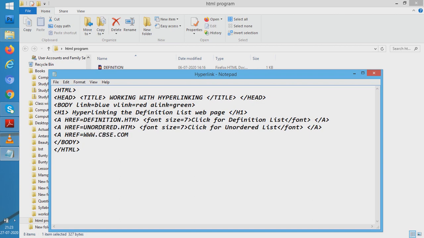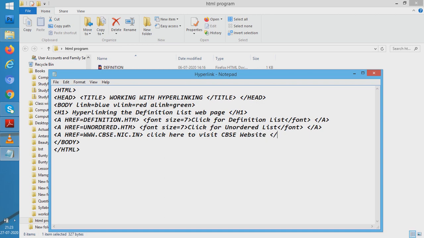Let us see if it works or not. Actually it is cbse.nic.in, and we'll see whether it works or not. Click here, click here to visit CBSE website. Let us write it. Is it possible or not?